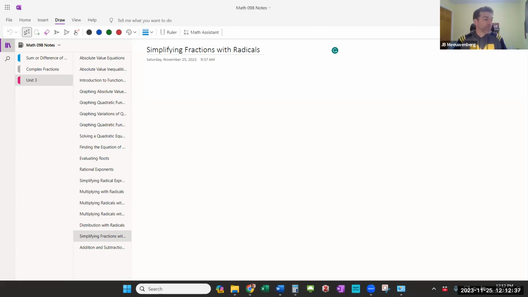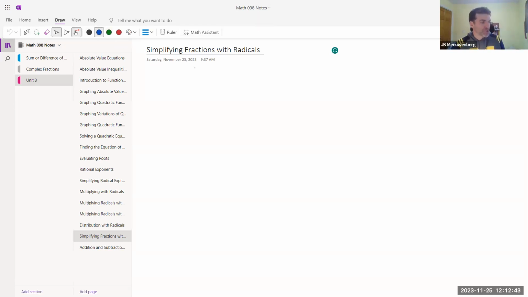We're moving on now to simplifying fractions with radicals. So it's going to be a little more division. I'll start with just a reminder about what the word simplifying means in terms of fractions. This is so important to internalize. If you have a fraction like 4x over 6, simplifying it means